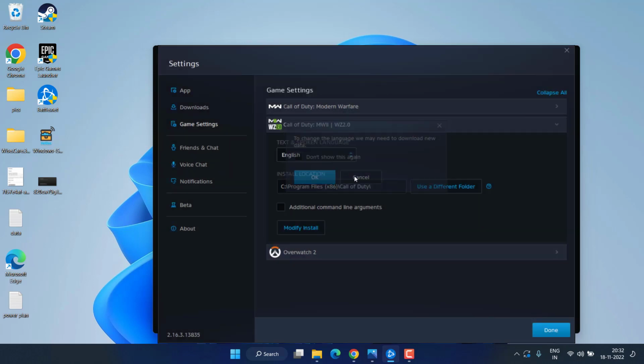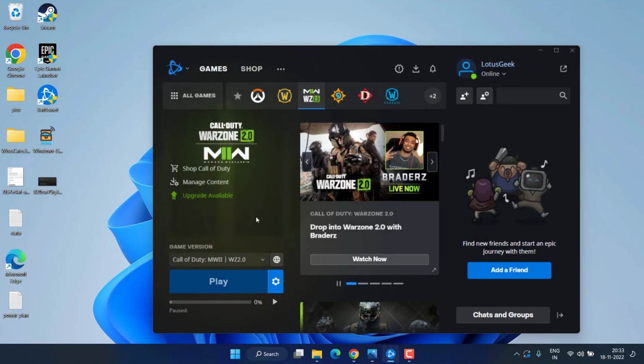Simply hit the OK button and this will temporarily fix the issue, because a lot of users over the internet have already claimed that simply changing the language will fix this issue, because this is a bug directly from the manufacturer of the Warzone game. So temporarily you can fix it by changing the language from here. Once you have changed the language, hit done and then restart your client and this will fix the issue